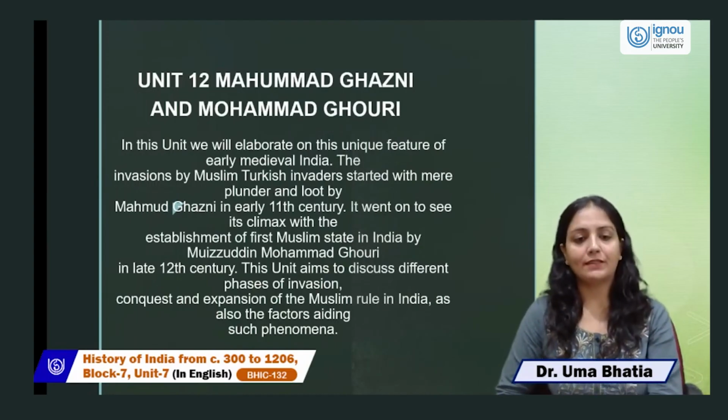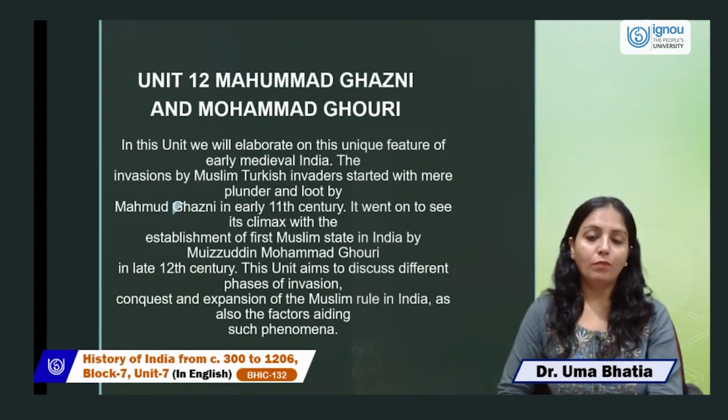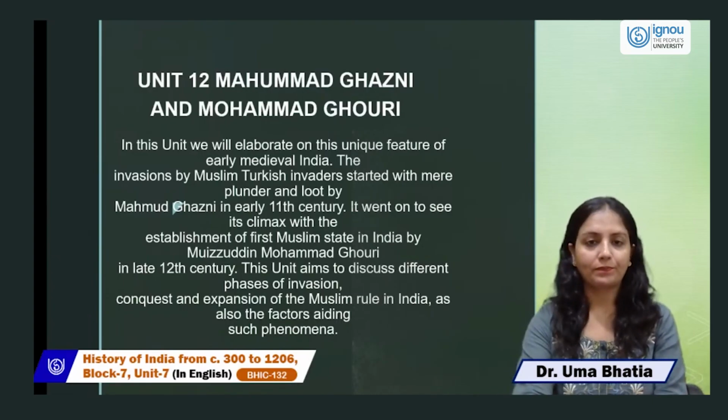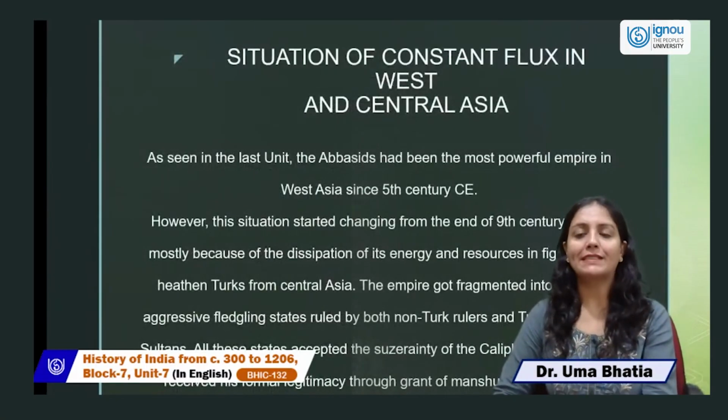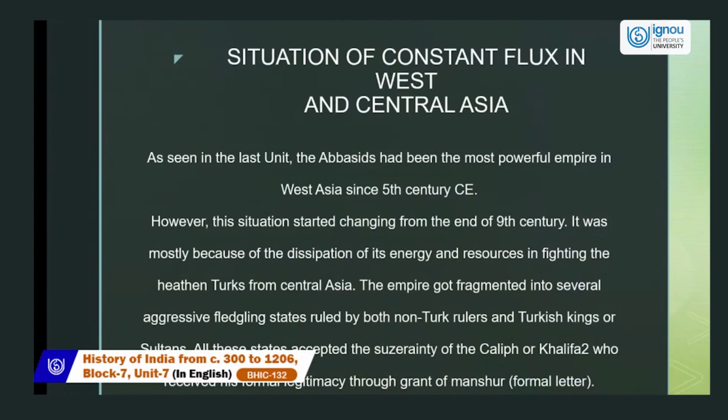This unit aims to discuss the different phases of invasion, conquest, and expansion of Muslim rule in India, as also the factors behind such phenomena. How the situation of constant flux in West and Central Asia. As seen in the last unit, the Abbasids had been the most powerful empire in West Asia since the 5th century. This situation started changing from the end of the 9th century. It was mostly because of the dissipation of its energy and resources in fighting the Turks from